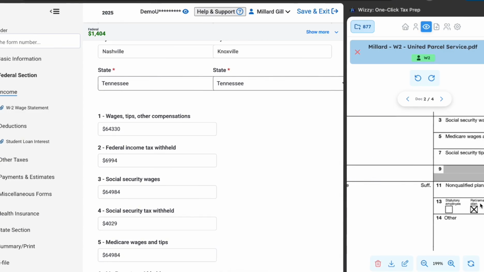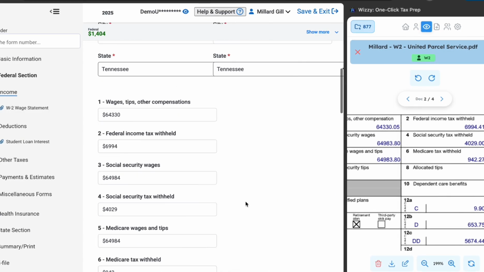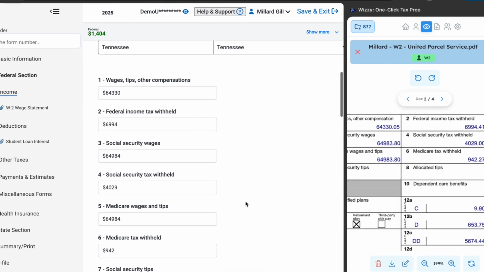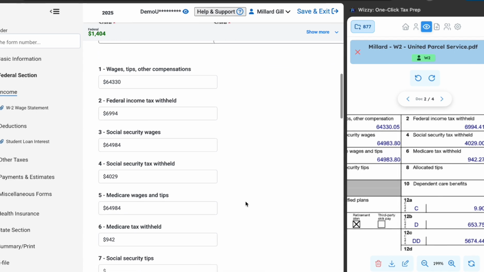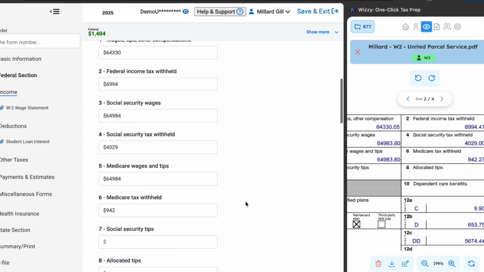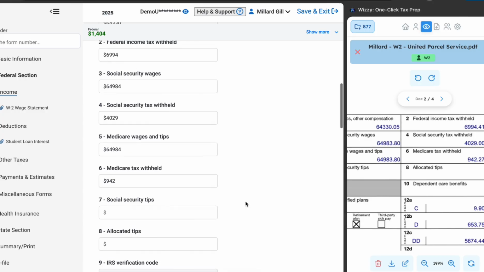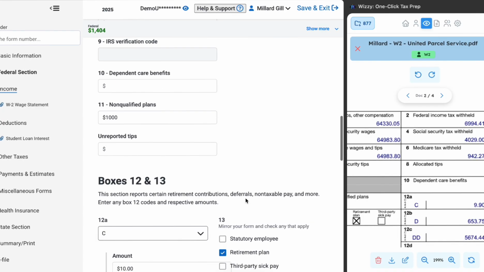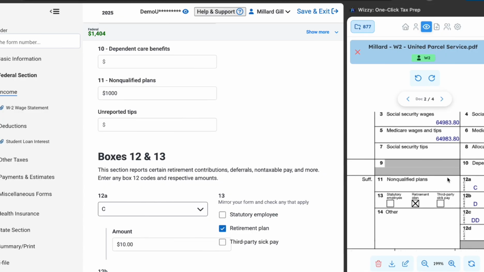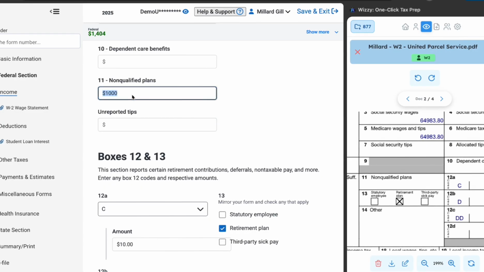Beautiful. So far Wizzy has been on point. I haven't had to make any changes. Beautiful. Yep. Nice job, Wizzy. Beautiful. Okay, so Wizzy made a little bit of an error here, so I'll go ahead